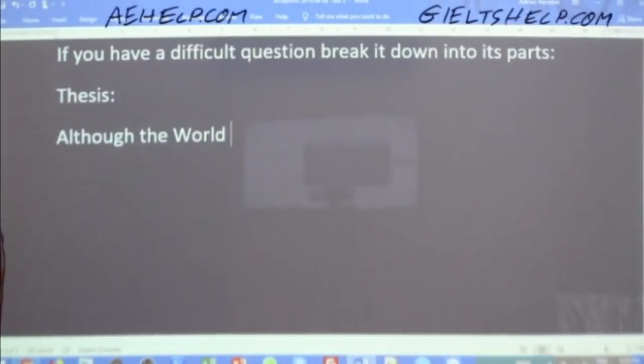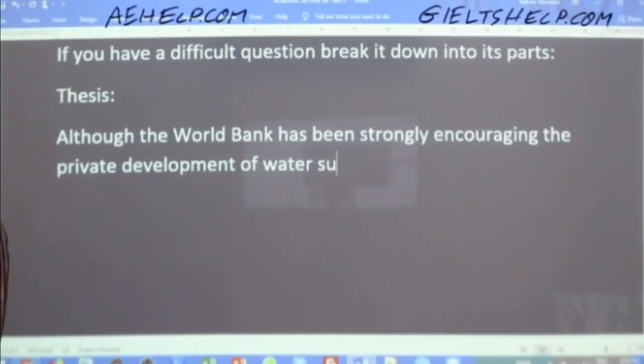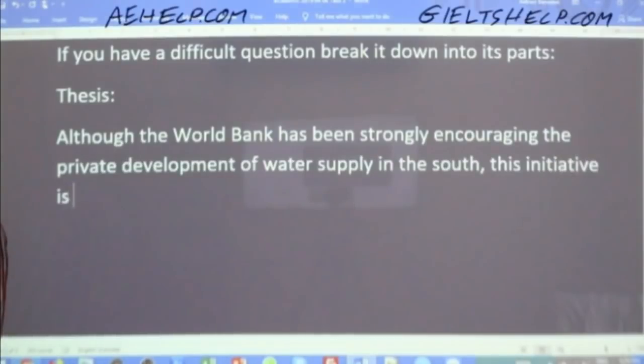Although the World Bank has been strongly encouraging the private development of water supply in the South, this initiative is a failure